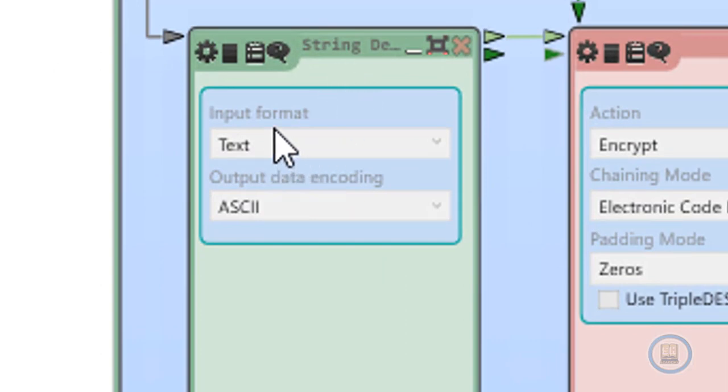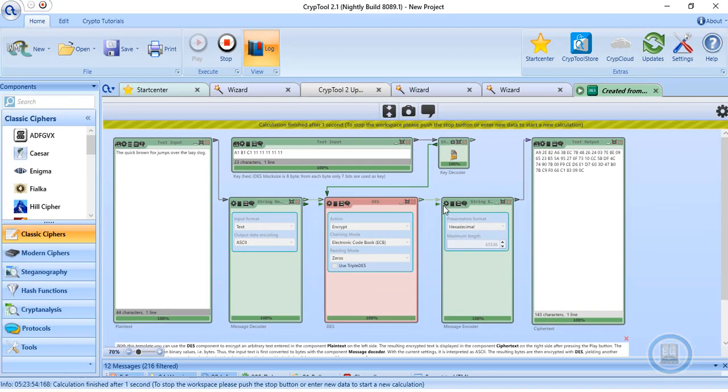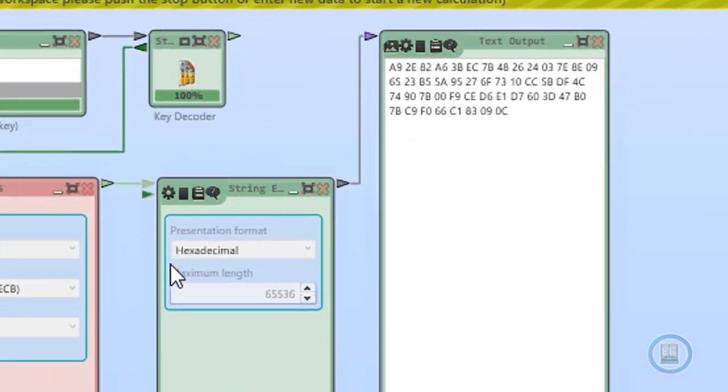Input format is text, and for output data encoding we are using ASCII code. Next, for the output we are using hexadecimal values. It depends upon you what kind of values you want to use: text, decimal, binary, or whatever, it will show you the option. And this is the output for this text. That is, this is the plain text and this is the ciphertext.